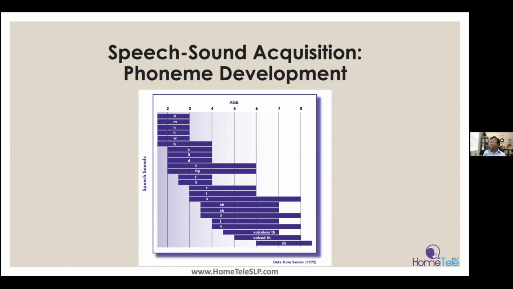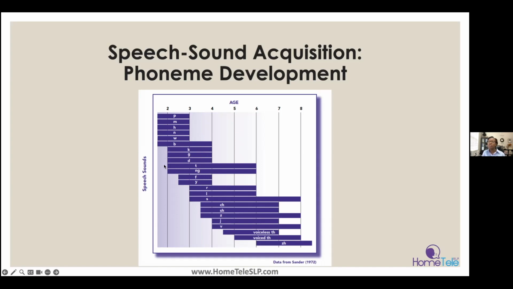And some of you may be thinking, well, wait a minute, my child can produce quite a few of those sounds and they're already 4, almost 5 years old. And I see that these sounds don't come in until maybe 6, 7, or 8 years of age. Again, some sounds may come in early, some sounds may come in a little bit later, but in terms of a child who's 4 and 5, they should definitely have the sounds that you see in the 2 to 3 range and the sounds that you see that are in the 2 to 4 range. These are sounds that they should have.